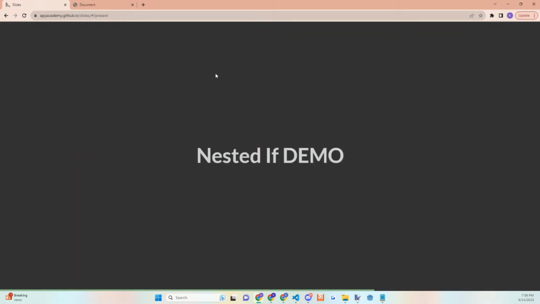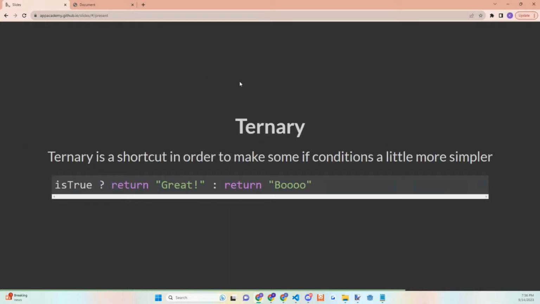All right. So next thing we're going to talk about is ternary. And ternary is simply a shortcut to make some if conditions a little simpler to read. For example, here we have a variable holding a value, is true. It would give us a true or false, and then return to us a string of great or a string of boo.